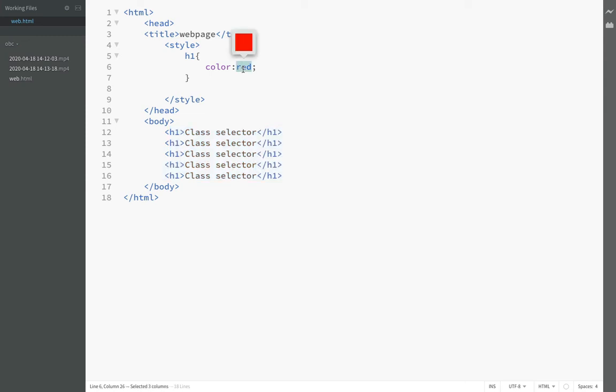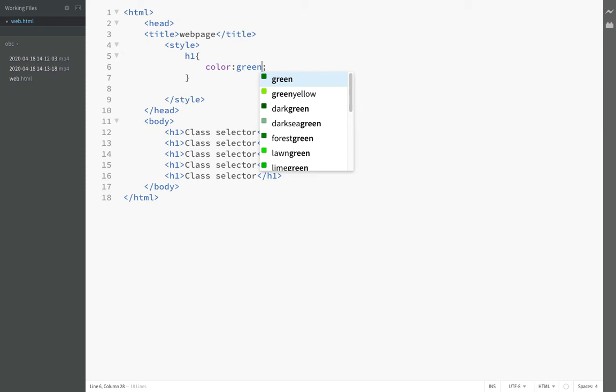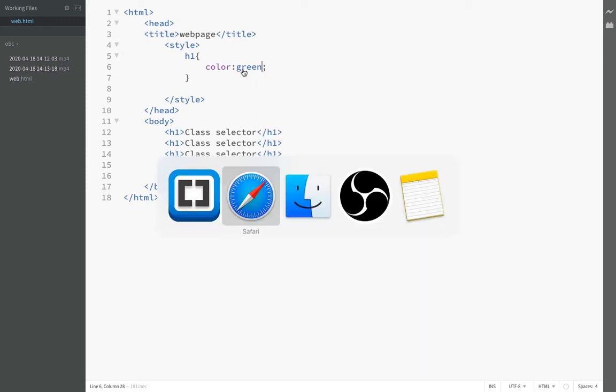So we all know that you can change it. Yes, instead of red color, I can use green color. And when I refresh it, when I reload it, you are getting a green color. So friends, till here there is no problem at all. We are able to apply a red color, we are able to apply a green color. But my intention is I want to change the color of only one h1 here. We have 5 h1s here, but I want only one.